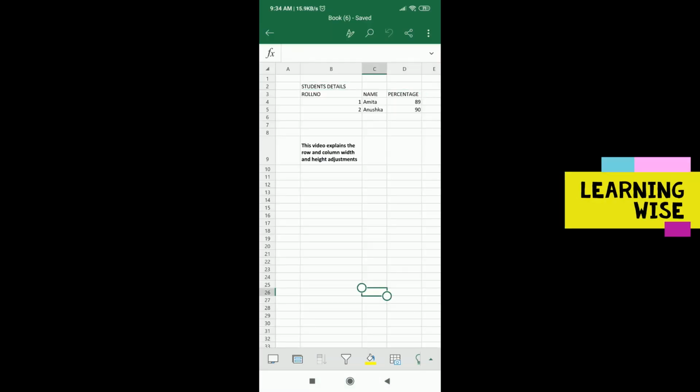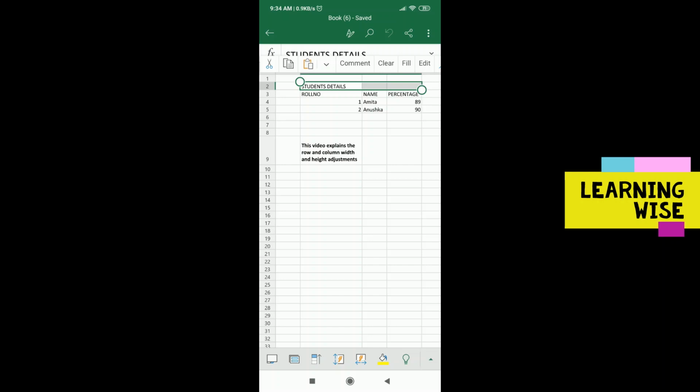Now let us see how to use the merge and center feature in Microsoft Excel. I have written this student details in the B2 cell, but I want it as a heading for my table. So first I will have to select these three cells. Why only these three cells? Because my table is ranging from column B to column E only.